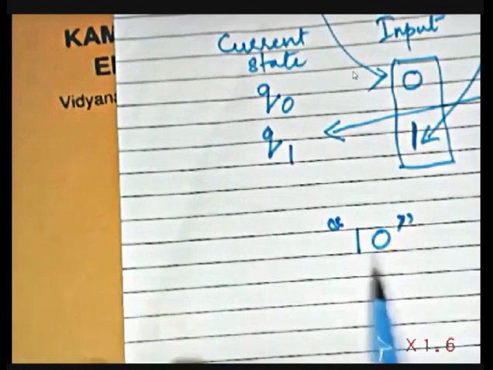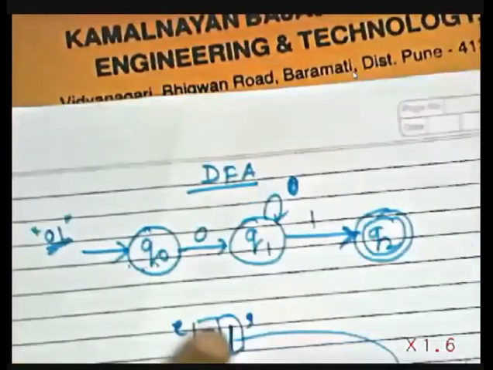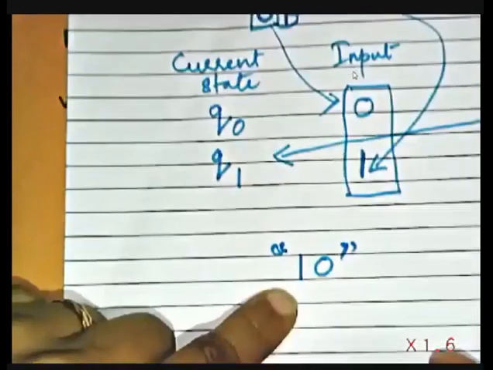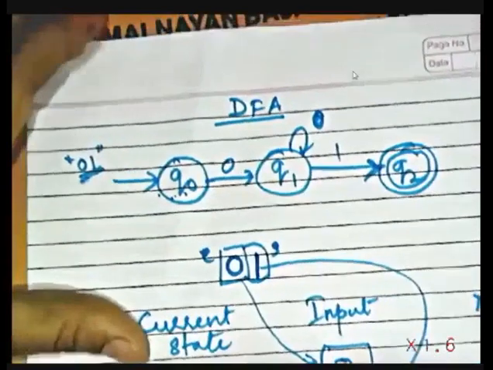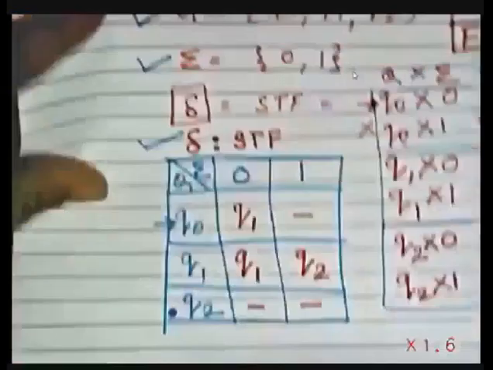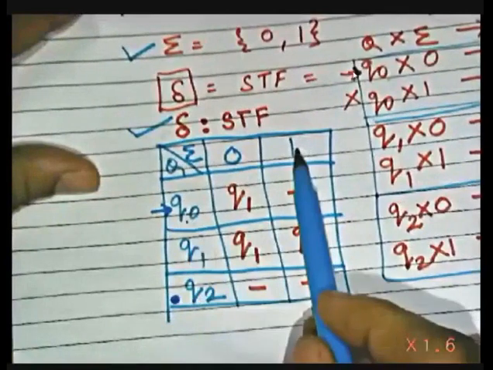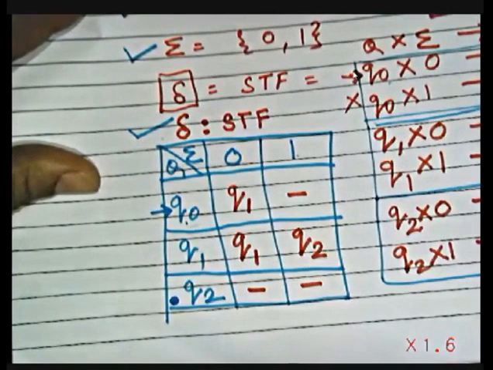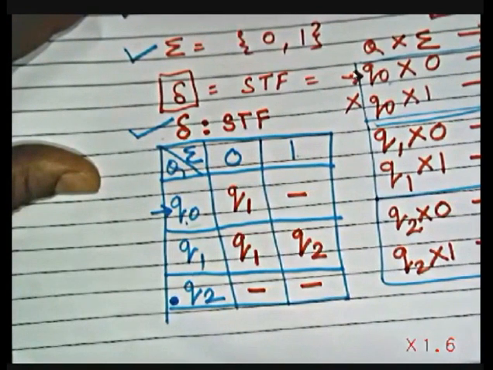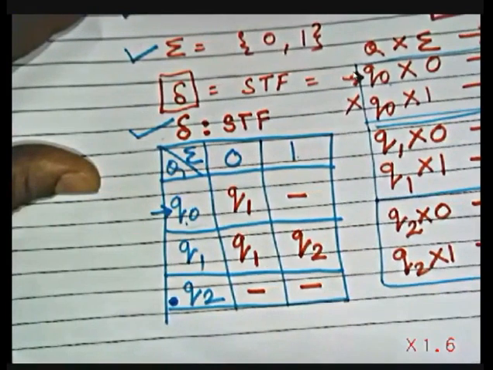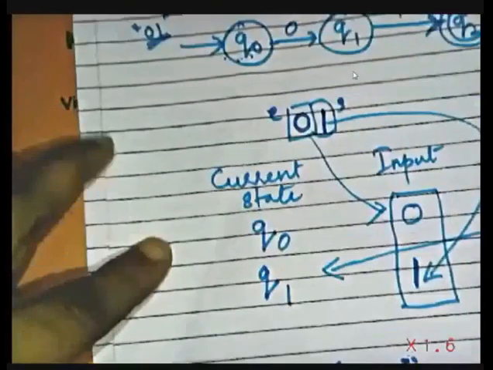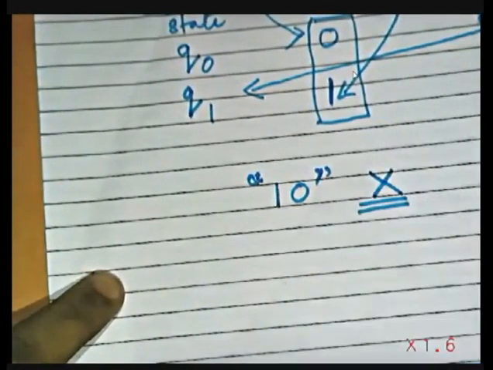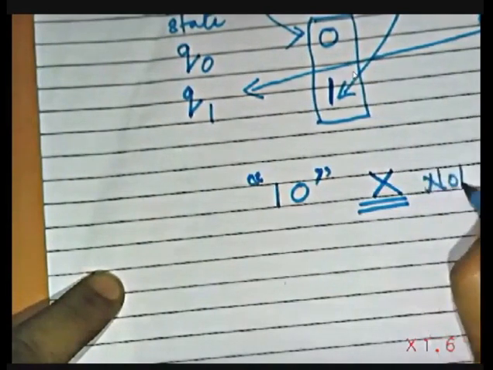Okay? There are no transitions available from Q0 for the input 1, right? That's why, as it is also shown in this diagram, Q0 on 1 goes nowhere. So I am stuck now. I don't have any way to move ahead. There is no way to reach the final state. So I can easily conclude this particular string is not acceptable to the given